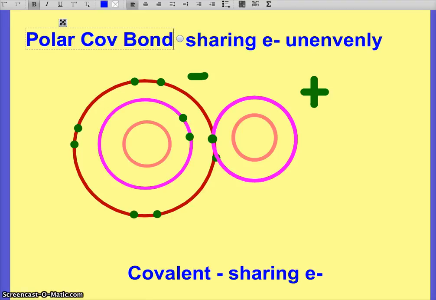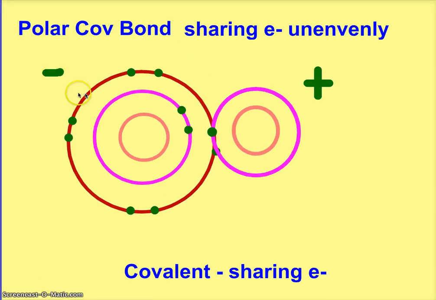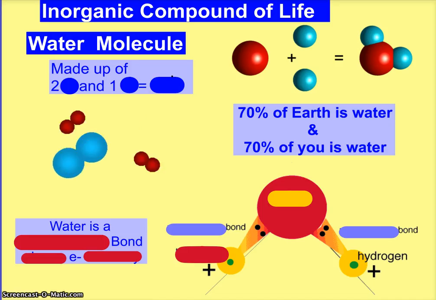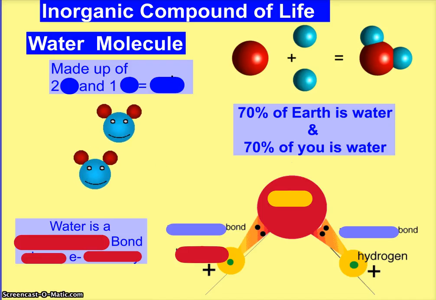So when you're pulling harder, you become negatively charged. Okay, so that's polar covalent bonds. The charge generally goes on the outside because that's where the pull is taking place, right? All right, so we're going to move on. Now that we know about bonds, we're going to study